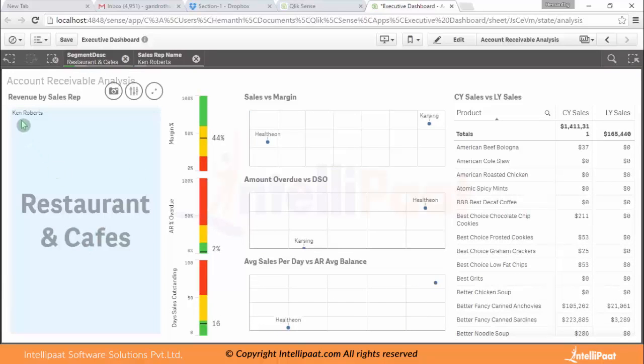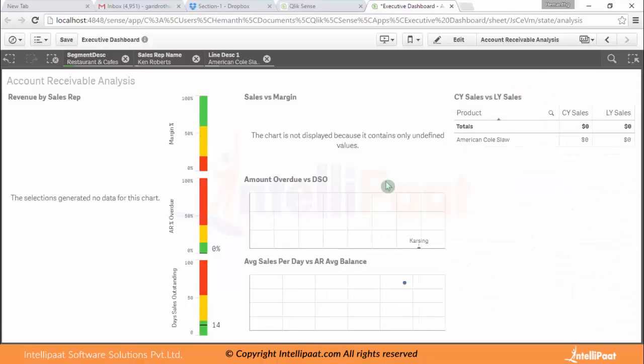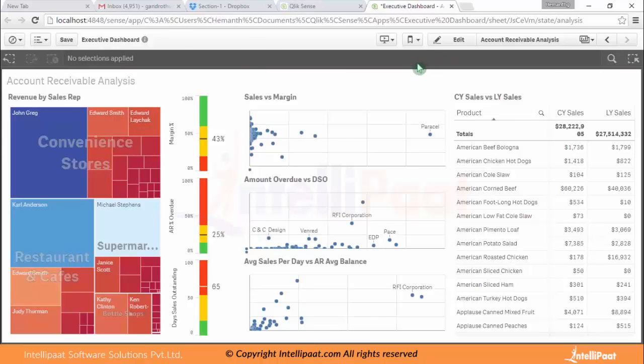In this case it is Ken Roberts. When you click on sales rep, you can see how Ken Roberts is doing versus sales and sales margin. So you can also select a particular product as well. So these are the different ways of exploration. So let's see, if I wanted to create a story out of it,